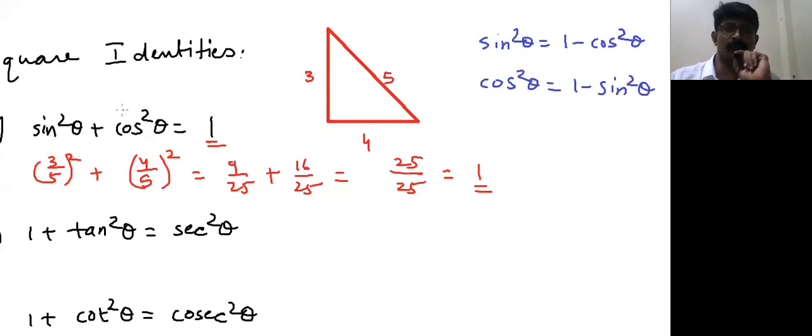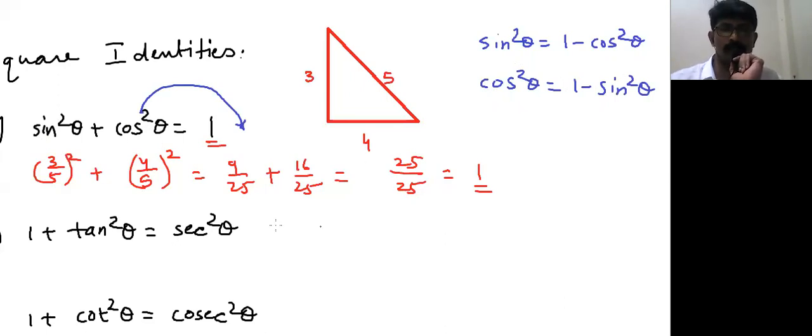It's simple from here, guys. You understand? I'm just shifting this term to this side. That's it. Nothing else. So sine square theta will become 1 minus cos square theta, isn't it? Or else cos square theta can be written as 1 minus sine square theta. You got it, guys? Isn't it very, very simple? Yes, it is very easy. Very, very easy, guys.